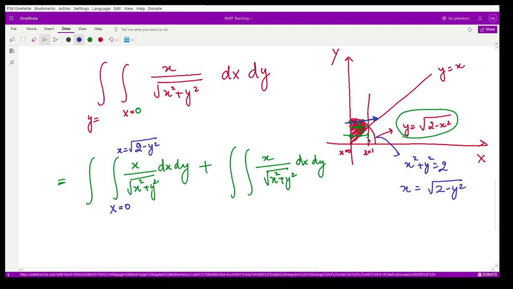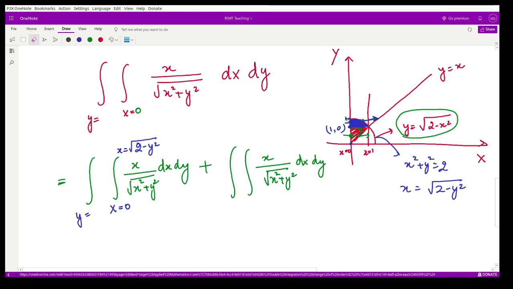And the limits of y are varying not from here to here, but now from here to here, because in the first case we are only calculating this for this particular region. So for this particular region, what is the value here? This point was square root 2 comma 0, and this point was 1 comma 0. When you calculate these points, they come out to be this. I'm sorry, here x is 0 and y is square root 2 and 1. So the points would be modified.